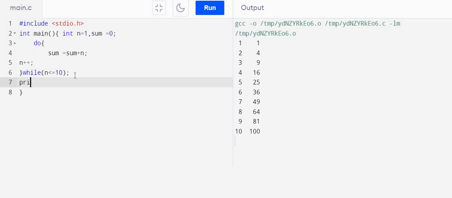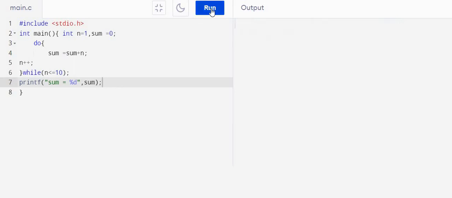So printf, sum is equal to, sum is also integer, so %d, and we want to print sum, so give this sum. So the sum of the first 10 numbers will be printed. Run the program.